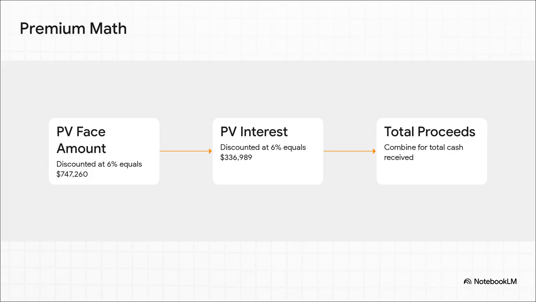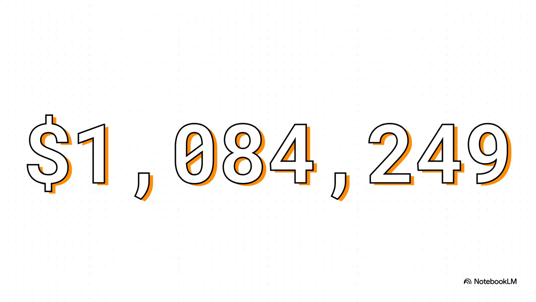So, step 1, the present value of that $1 million face amount discounted at 6% comes out to $747,260. Step 2, the present value of those highly attractive $80,000 annual interest payments discounted at 6% jumps all the way up to $336,989. Step 3, we combine them to get our total cash proceeds from the bond issue. Because we are discounting at a rate that's lower than the coupon, it mathematically inflates the present value of the bond's cash flows. Just look at that massive final number,